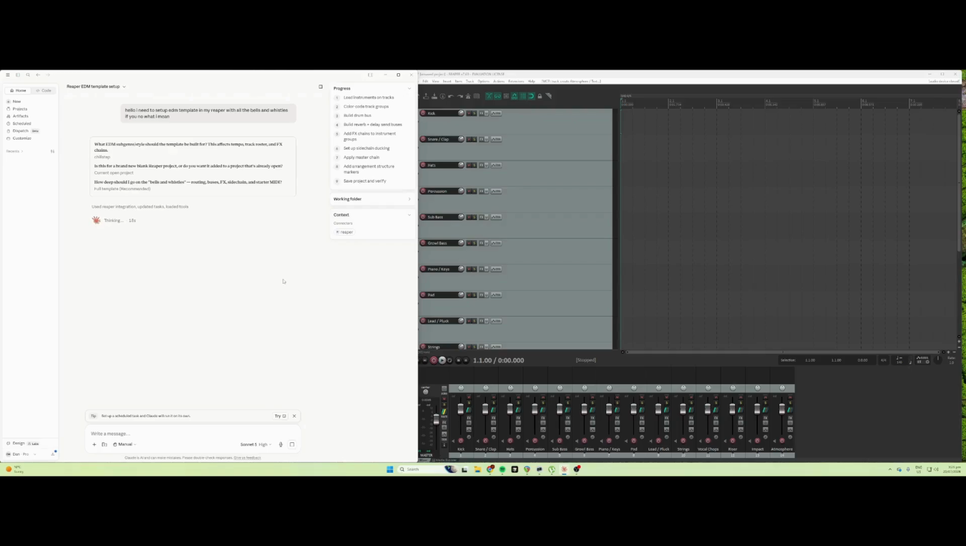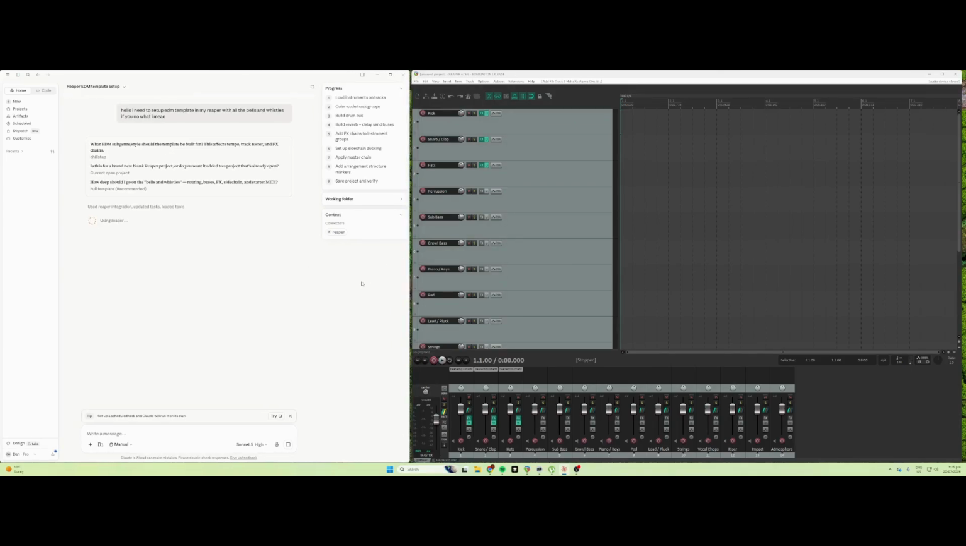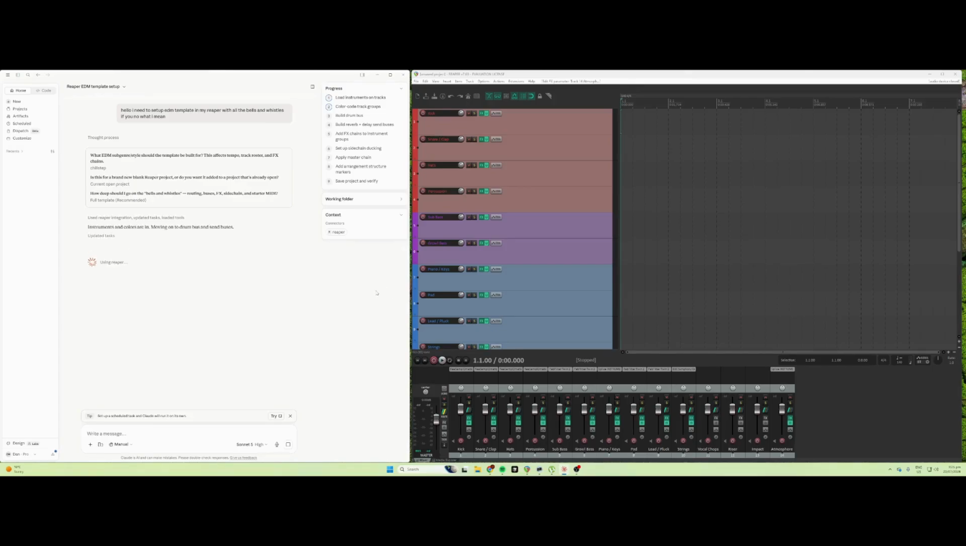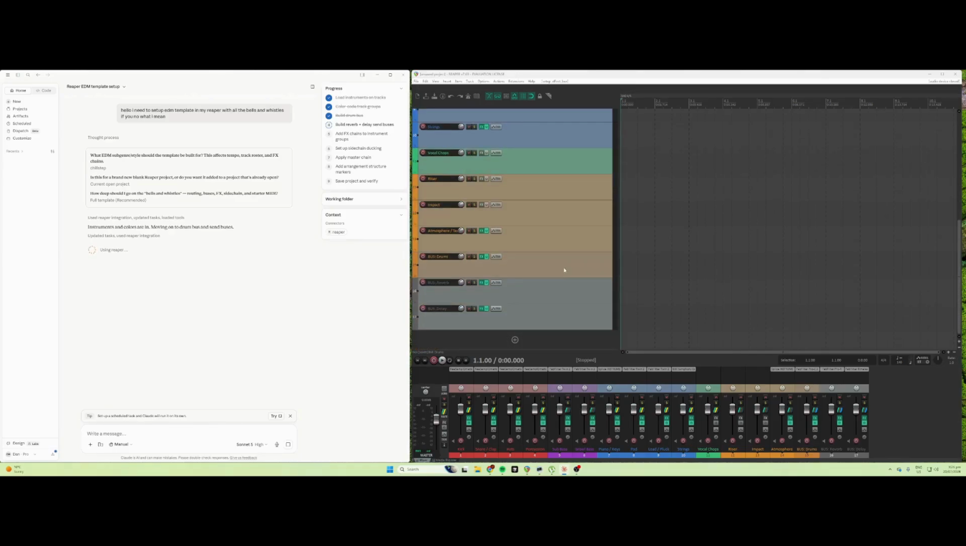Color coding, which automatically assigns colors to your tracks for a clean visual workflow. Bus routing, which sets up proper auxiliary buses for your mix. Plugin management, which detects your installed VST and FX plugins and selects the best options for the job. If you want the AI to use specific VST plugins, simply let it know your exact preferences and it will